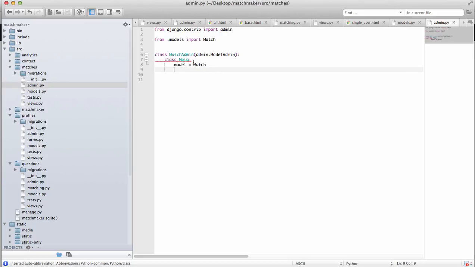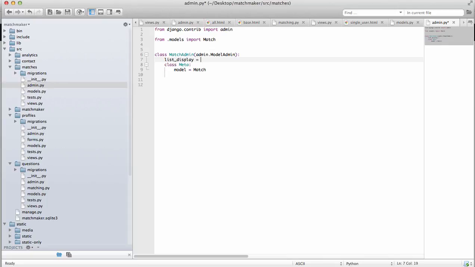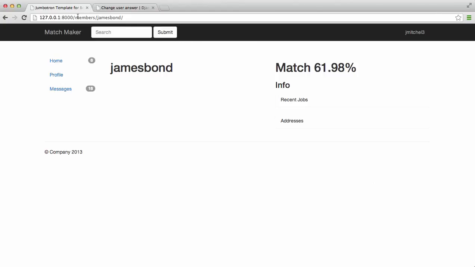Okay, so remember how we had it returning just the percentage? I'm actually going to change that to list display, and then I will do from user and to user, and we will also do percent. Okay, save that, go into admin,